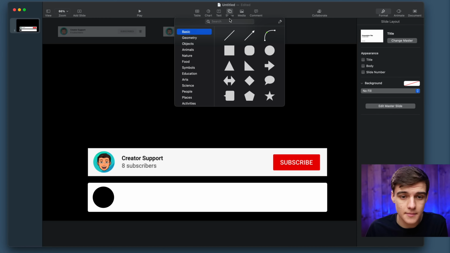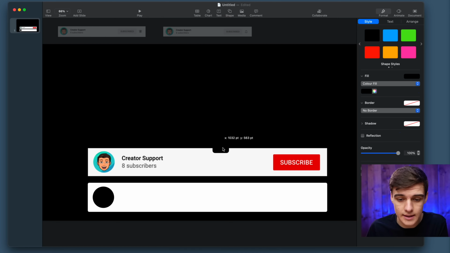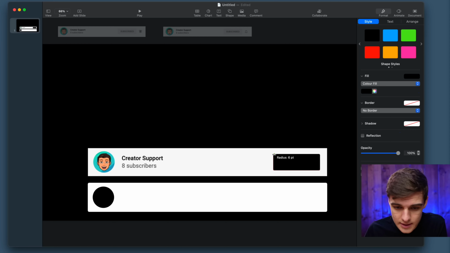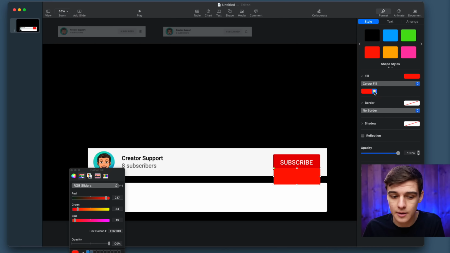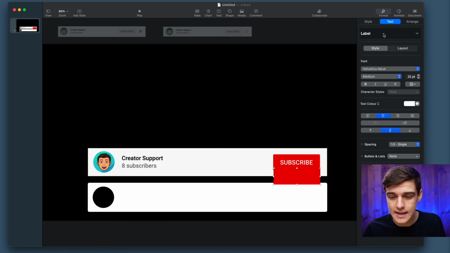The next step is our subscribe button. Again, a rounded square. I'm going to bring this to here and drag it over. You basically just want to line this up to however the square behind it looks. That's good for me. We're going to make it red, but that's not quite the right red. So we're going to click this button here, which will open up our color palette, and click the picker. And there we go, that is our replica of this red. We're going to add text, and double click on it to let us type, and put in all capitals,